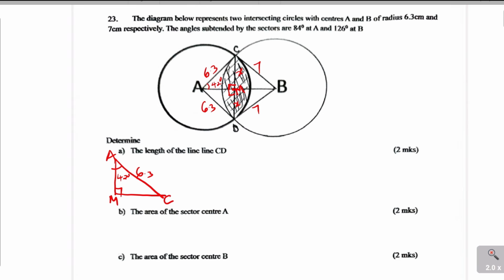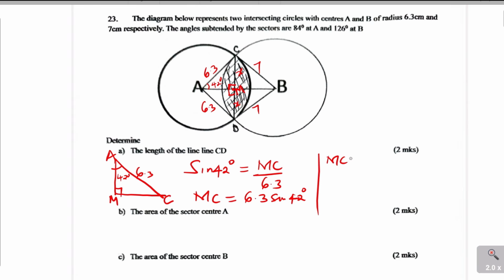So to get MC, I will use trigonometric ratios. So I will use sine. So sine of 42 degrees is given by the opposite side, which is MC, divided by the hypotenuse, which is 6.3. So therefore, MC will be given by 6.3 sine of 42 degrees. And when you multiply these using a calculator, you'll get 4.215 centimeters. So that is this length from C to M, and the same distance is equal to M to